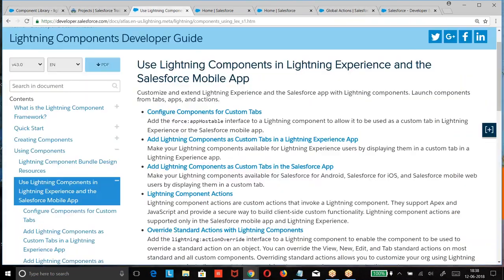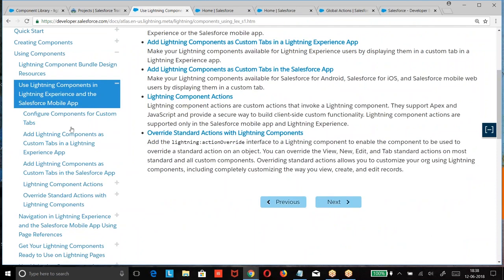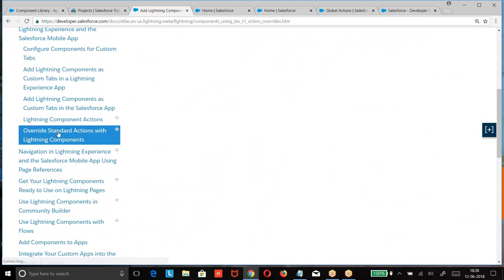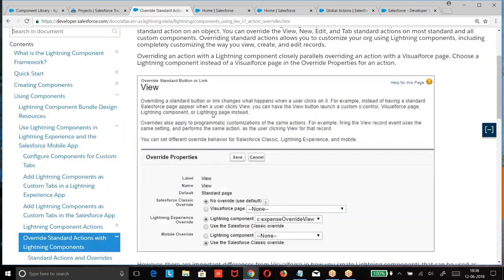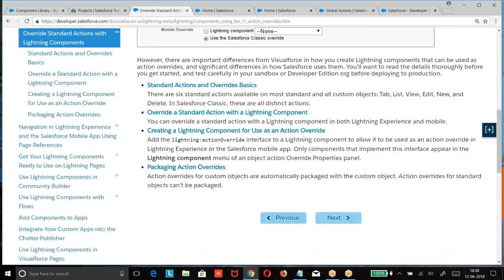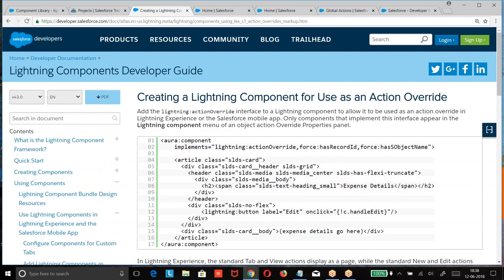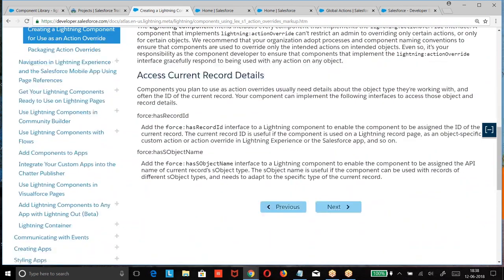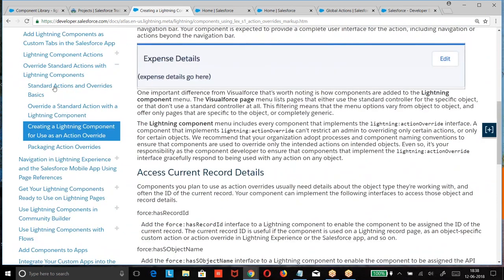So we are going to go for an object specific action.